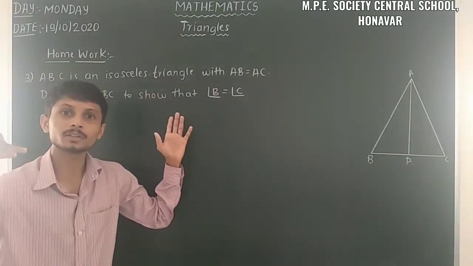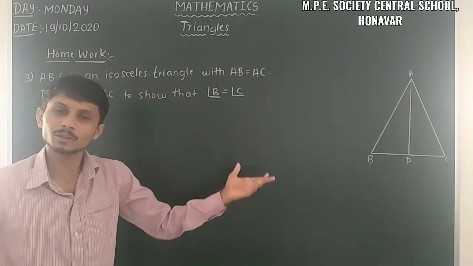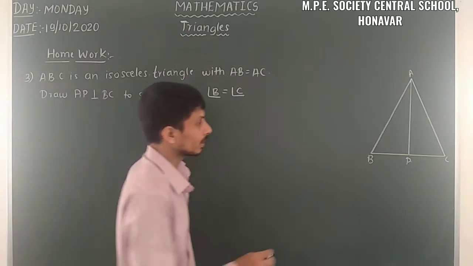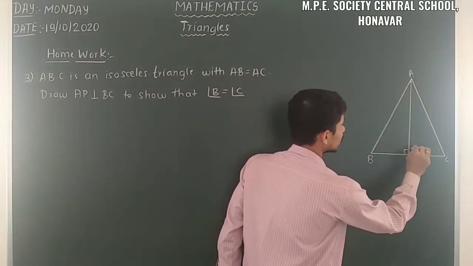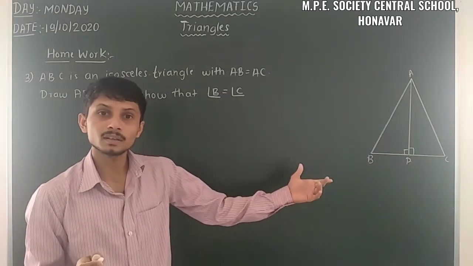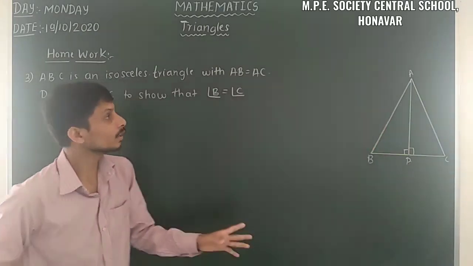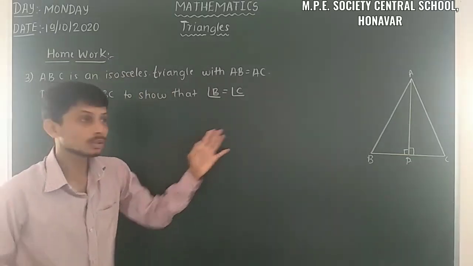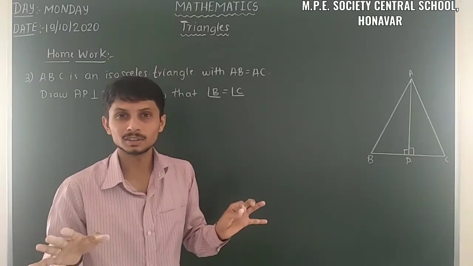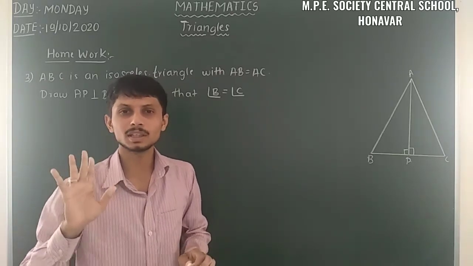our mind diverts to the theorems on isosceles triangles. That one also you can use. Then draw AP perpendicular to BC to show that angle B is equal to angle C. Here two right angle triangles are formed. So there are two conditions. Here AB is equal to AC, so we can use it as a hypotenuse also. In an isosceles triangle those two are equal also. But there are some confusions here. Don't take any confusion when you solve problems on triangles. You can use any one.